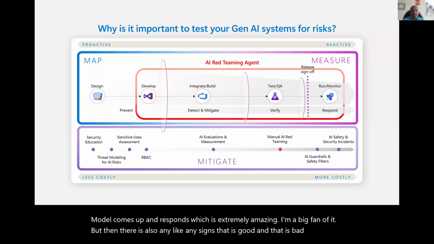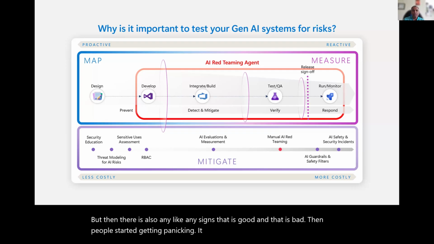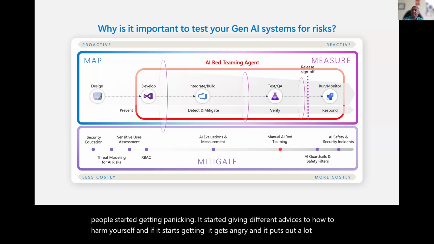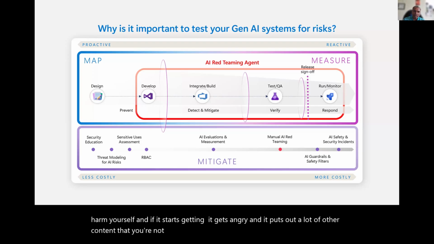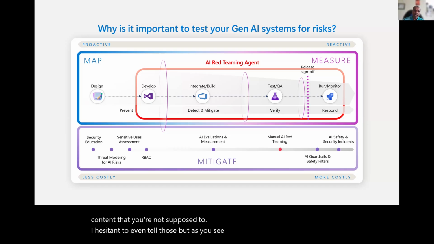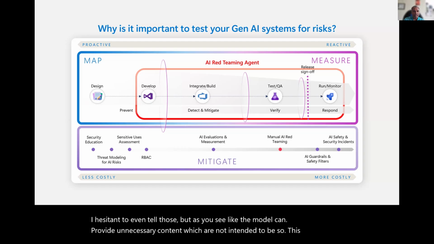It started giving different advice on how to harm yourself, and if it gets angry, it puts out a lot of other content that you're not supposed to. I hesitate to even tell those, but as you see, the model can provide unnecessary content which is not intended. So this is where red teaming has come in.